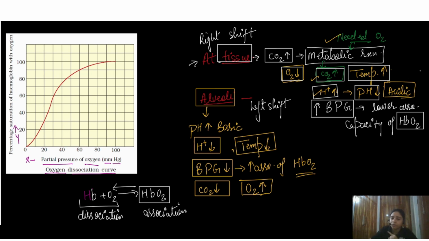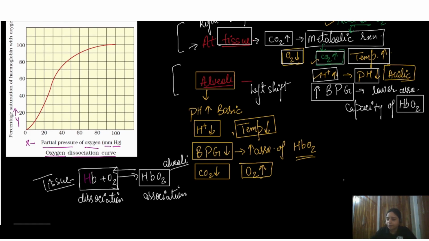These all depend upon a few factors which we have seen in these terms. Dissociation is happening in the tissues, while the association is happening in the alveoli. It is just like we are using a driver to drop or pick someone up. From the spot, the driver carries that person. Like that, Hb is just like a driver. It will hold the oxygen from the alveoli, and it will go to the